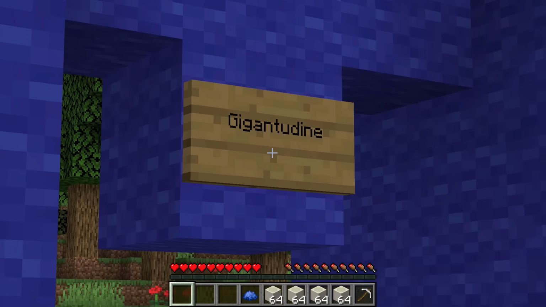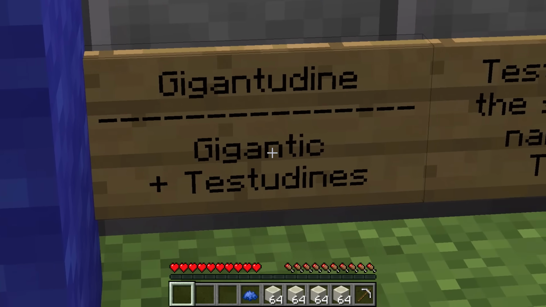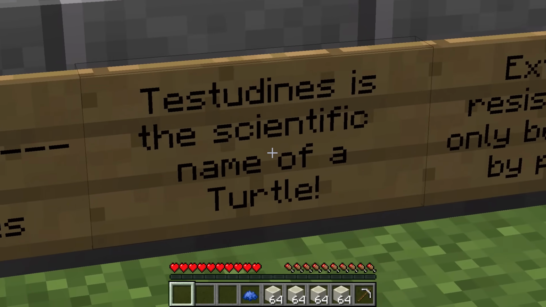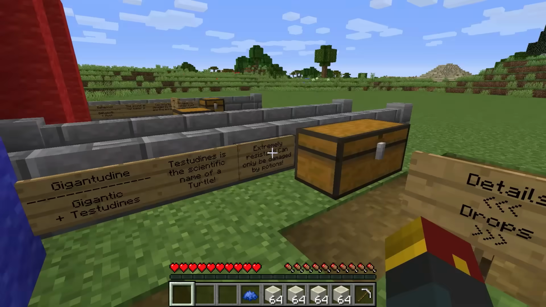All right, next up is the Gigantodine. I think that's how you say it. Which is a mixture of gigantic plus testudines. And don't look into that word too much. I'm sure it's perfectly safe to say out loud. Testudines is the scientific name of a turtle. Right. Everybody calm down. Now, this thing is extremely resistant due to its large shell, and it can only be